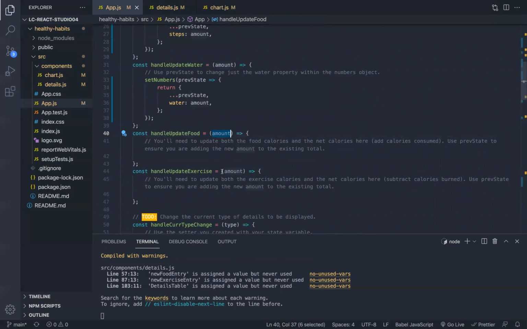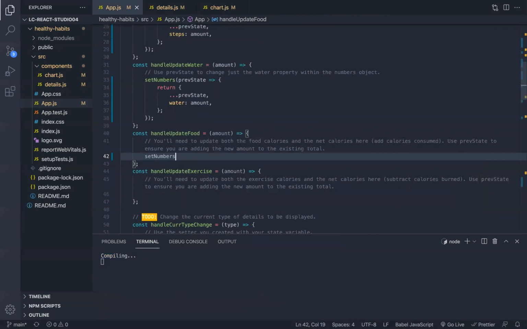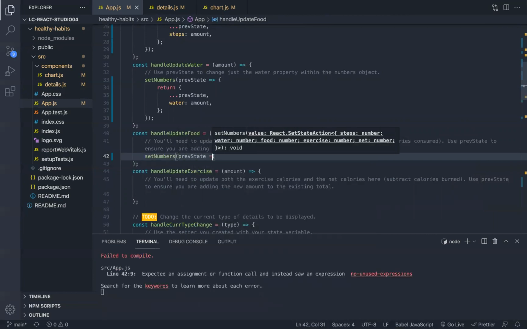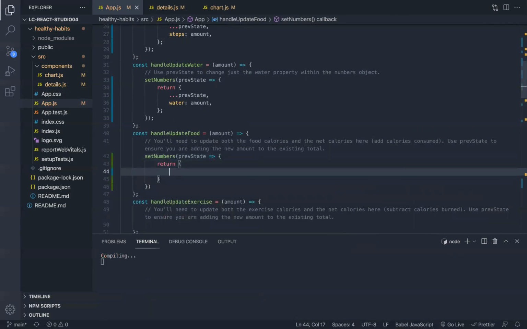And so by using props, we're bringing the calorie amount up, right? And so it says we need to update both the food calories and the net calories here by adding the calories consumed. And we will use pre-state to make sure we're adding the new amount to the existing total. All right, so same thing as before, we're going to call setNumbers, and we'll use pre-state. And then we're going to return this